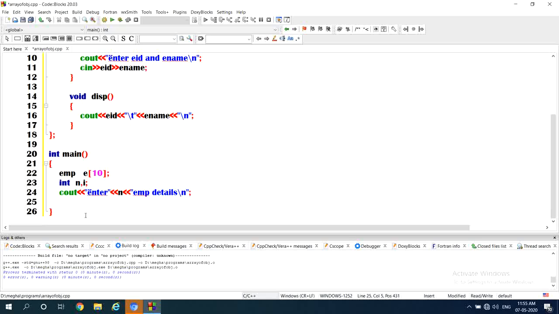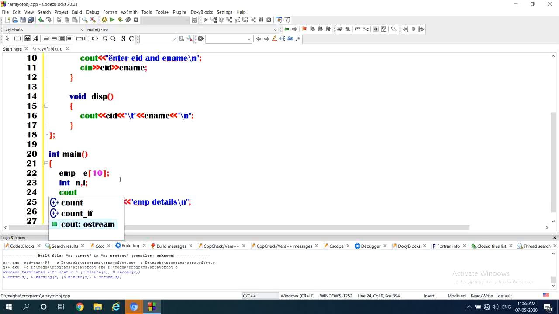employees uniquely. Next, before that we have to ask how many employees you want to insert.